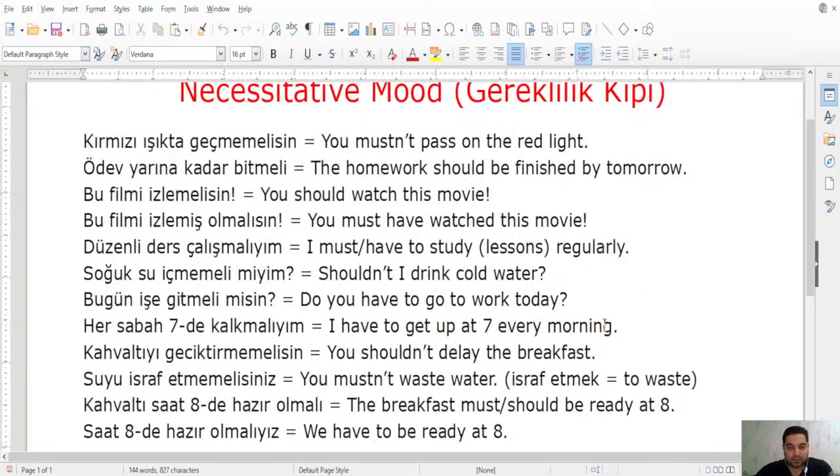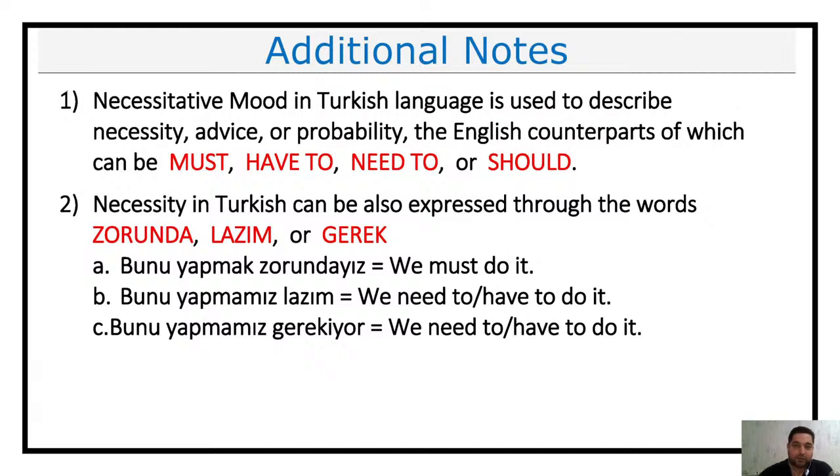I have a couple of more examples, but we have already enough examples. I think it should be clear by now. So basically, to summarize, we covered necessitative mood today, which is Gereklilik Kipi in Turkish. And this mood usually means what? Must, have to, need to, or should. Okay, malı meli. We basically add two endings, malı meli, and we already worked on the affirmative, negative, interrogative, and negative interrogative cases. If you have any questions, of course, you can address them now or later in the comments